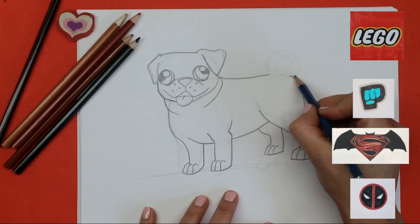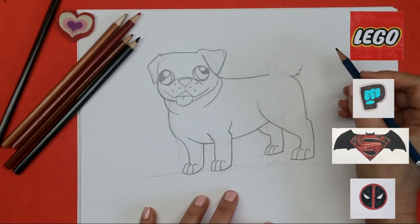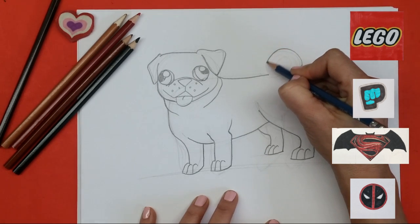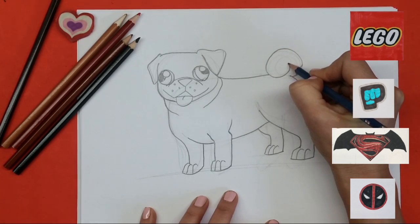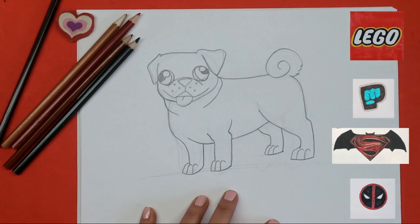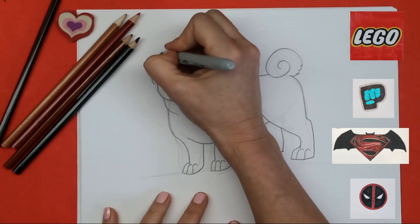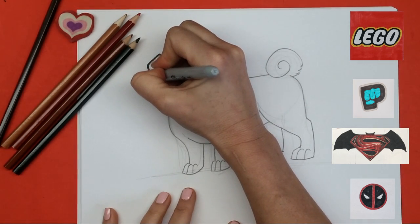So I'm just going to draw some little hairs showing there a little bit. And then we're going to curve around just like a snail's shell. Curving and stop like that. All right, so now the fun begins. We get to color our pug in, and I'm going to erase all my sketch lines, but before I do that, I do have to finalize these